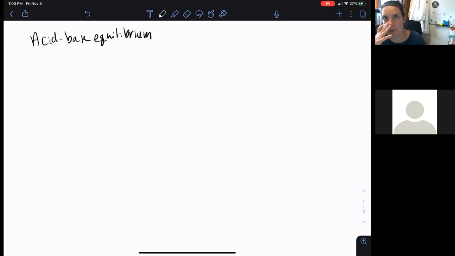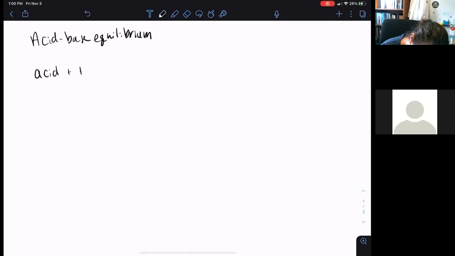When we look at this chapter, or this module, or whatever you want to call it, we generally look at our acids and bases in one of two ways. We either look at our acids or our substances when we throw them into water, or what they do when we interact them with another thing. So an acid with a base, or a base with an acid. So if we have an acid plus water, if we're just seeing what happens as we throw an acid in water, there's going to be different reactions based on whether it is a strong acid or a weak acid. So if we have a strong acid